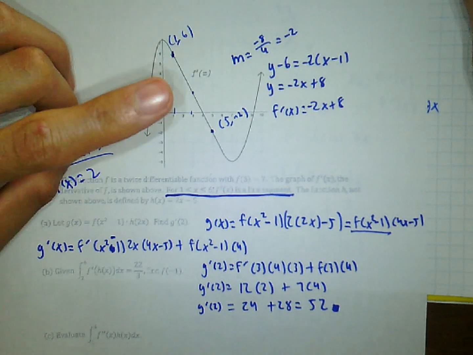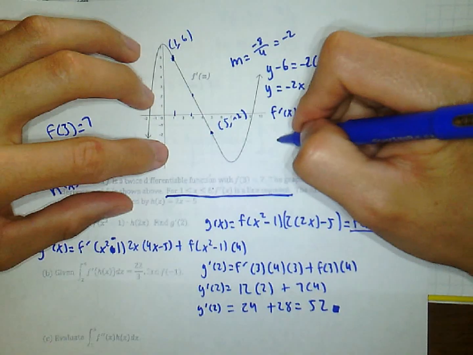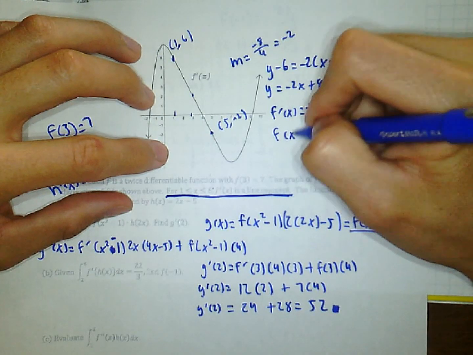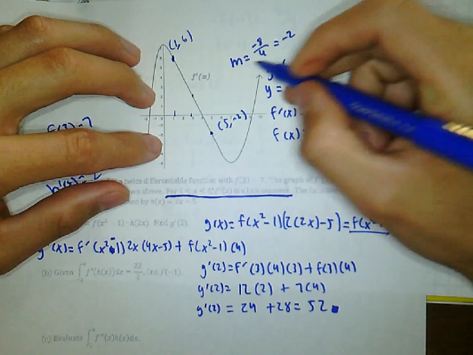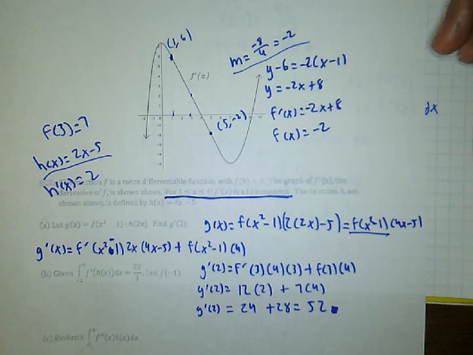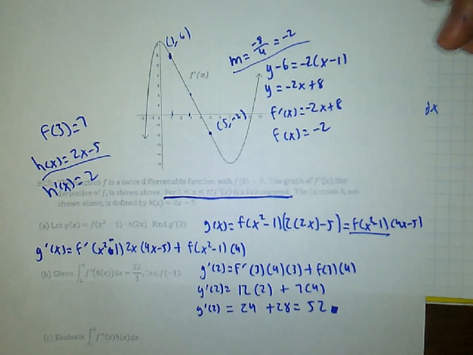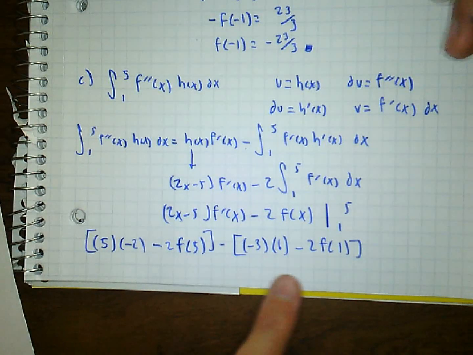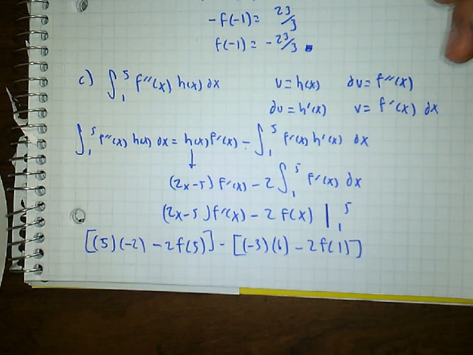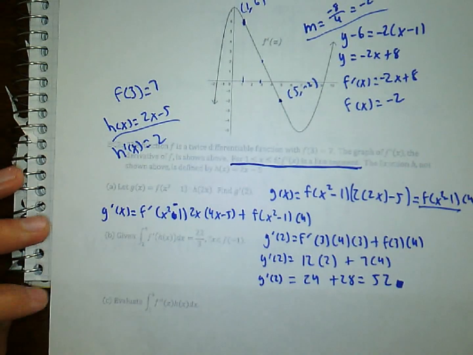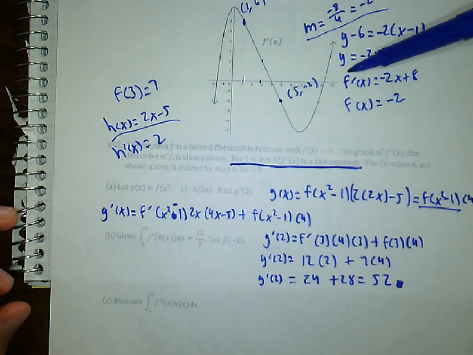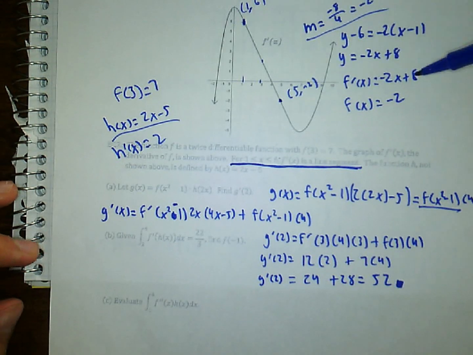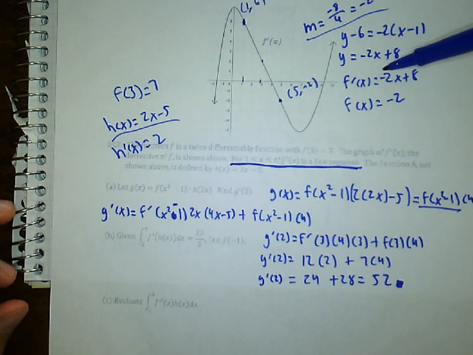So I'm going to be able to then integrate that, which means that f of x is just going to be negative 2, which we already know, it's going to be the slope there. Okay, so how can I use that then to help me? Well, I'm good to go at that point. I know what f is now. I know that f prime from here to here is that. So if I integrate that,